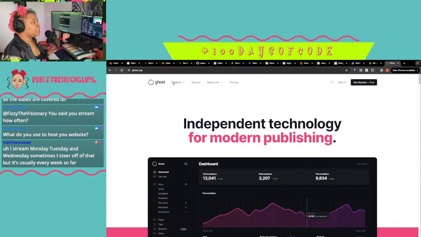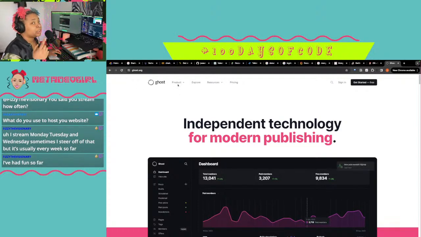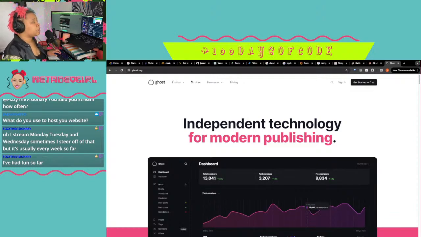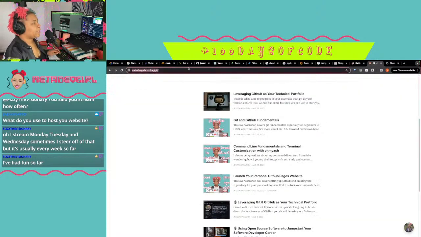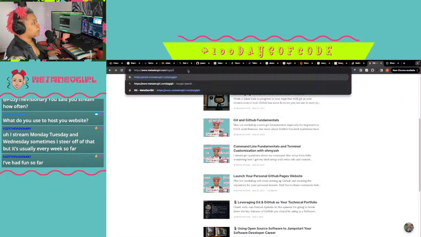Ghost is open source, so you can host and deploy your own version if you want to, but for me it's more straightforward, and it supports their business. I pay for their managed hosting. So this is what my back end looks like.